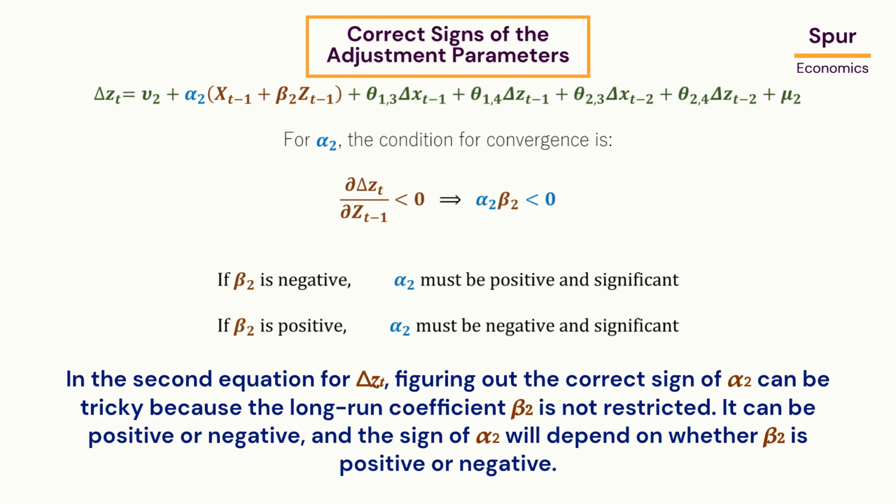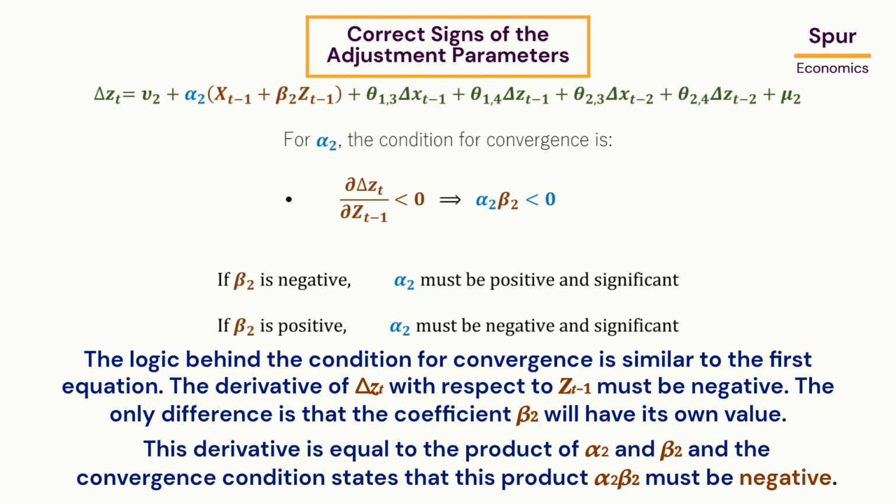In the second equation for delta z, figuring out the correct sign of alpha-2 can be tricky because the long-run coefficient beta-2 is not restricted. It can be positive or negative, and the sign of alpha-2 will depend on whether beta-2 is positive or negative. The logic behind the condition for convergence is similar to the first equation. The derivative of delta z with respect to zt-1 must be negative. The only difference is that the coefficient beta-2 will have its own value. This derivative is equal to the product of alpha-2 and beta-2, and the convergence condition states that this product must